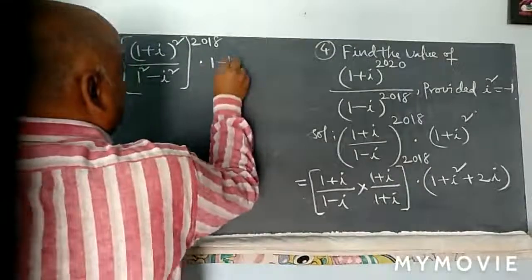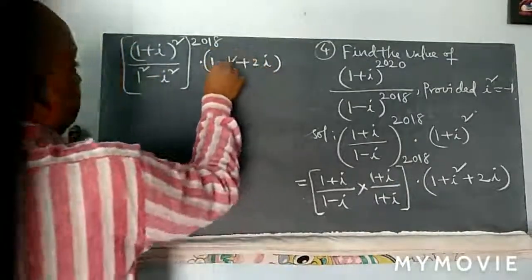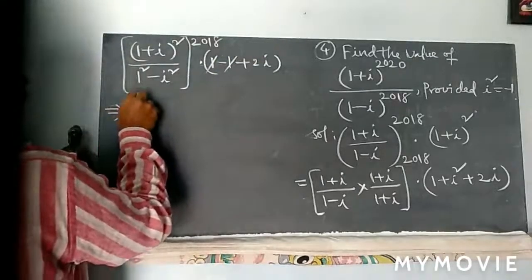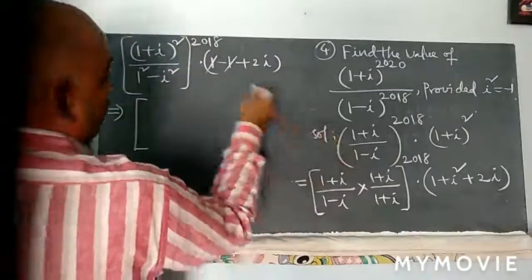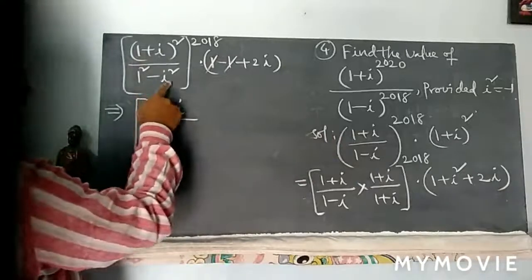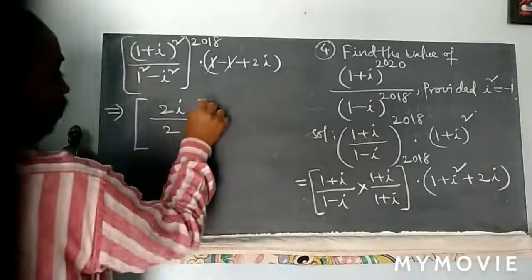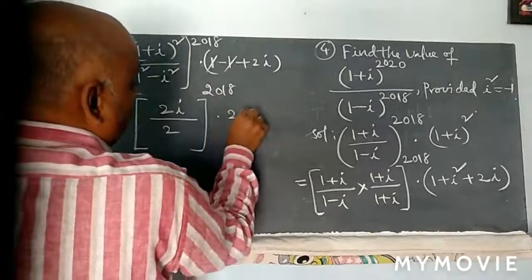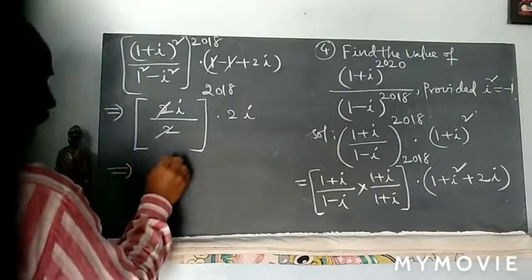So 1 minus 1 plus 2i. Minus 1 plus 1 get cancelled. This implies (1 plus i) whole square, it is 2i, by, i square value is minus 1, minus into minus plus, 1 plus 1 is 2. 2 whole to the power of 2018 into 2i. 2 gets cancelled. This implies i to the power of